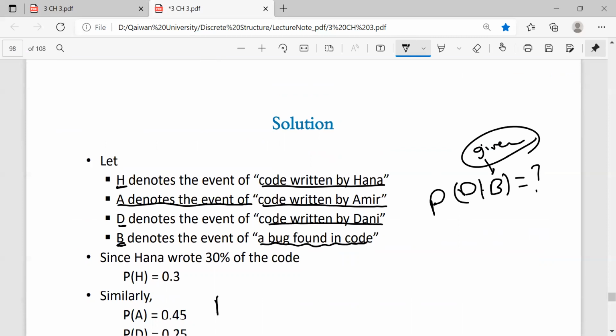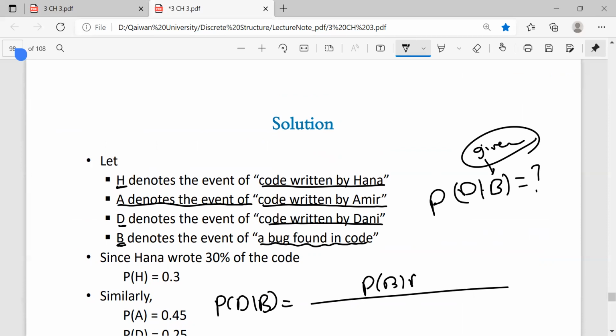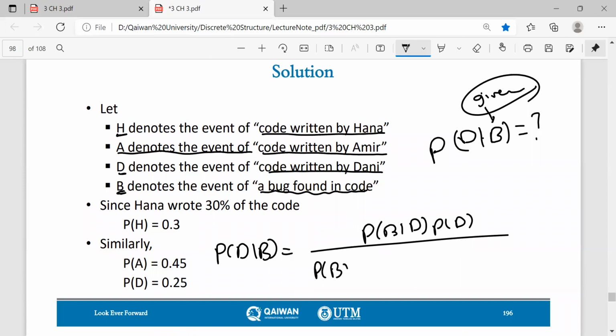Okay, we say the probability of D given B equals the probability of B given D times the probability of D, divided by the probability of B. Sorry, it's D, not H. And for the denominator, I'm going to write down here: the probability of B given H times the probability of H, plus the probability of